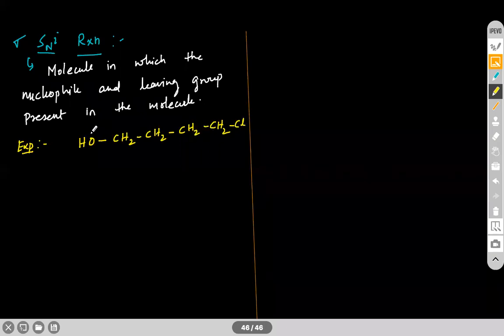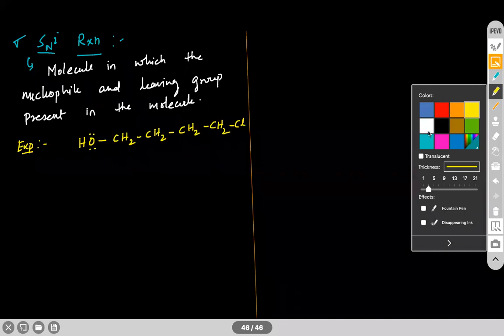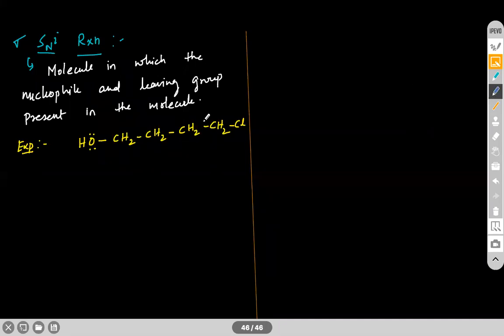Now you see this OH here behaves as a nucleophile and this is the leaving group, okay. Because of the high electronegativity of chlorine, this carbon becomes delta positive and this becomes delta negative. And this OH behaves as a nucleophile, it will attack onto this carbon atom and this Cl minus goes out, okay. So we'll get a cyclic ring here, which has 1, 2, 3, 4, 5 membered cyclic ring we get,